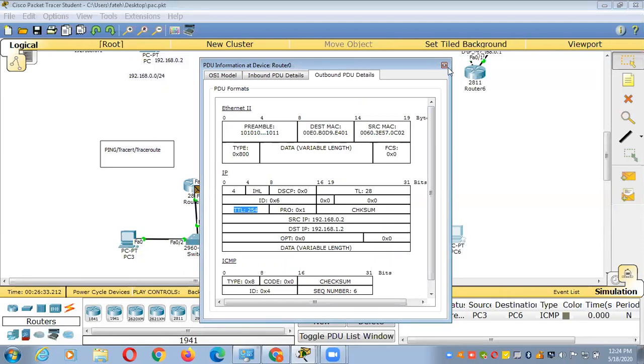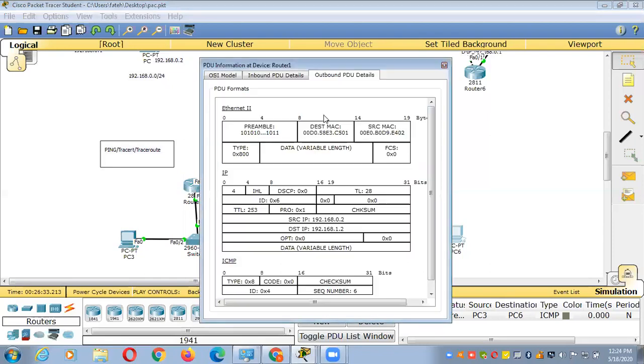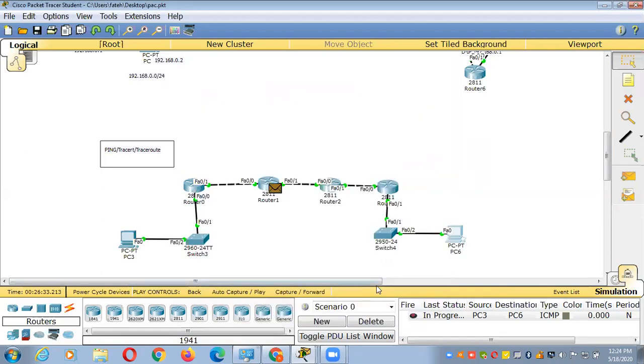Now again, when you are sending the traffic from the first router to the second router, I will check here. The TTL is 253. Again, you are sending the traffic toward the next router.